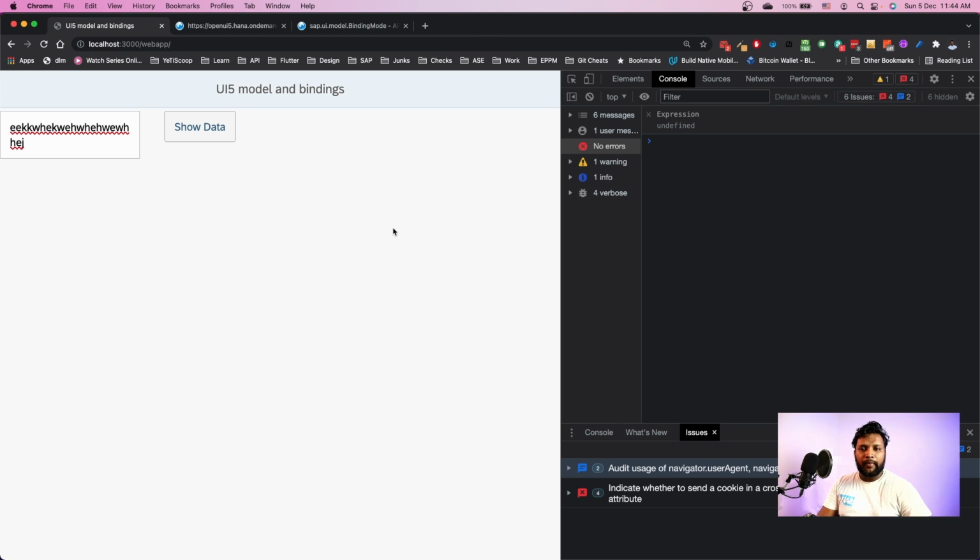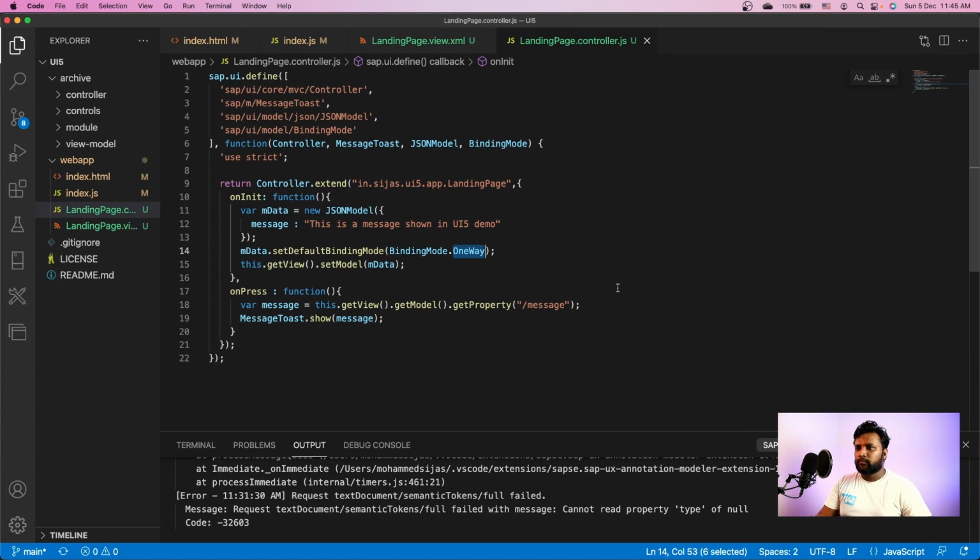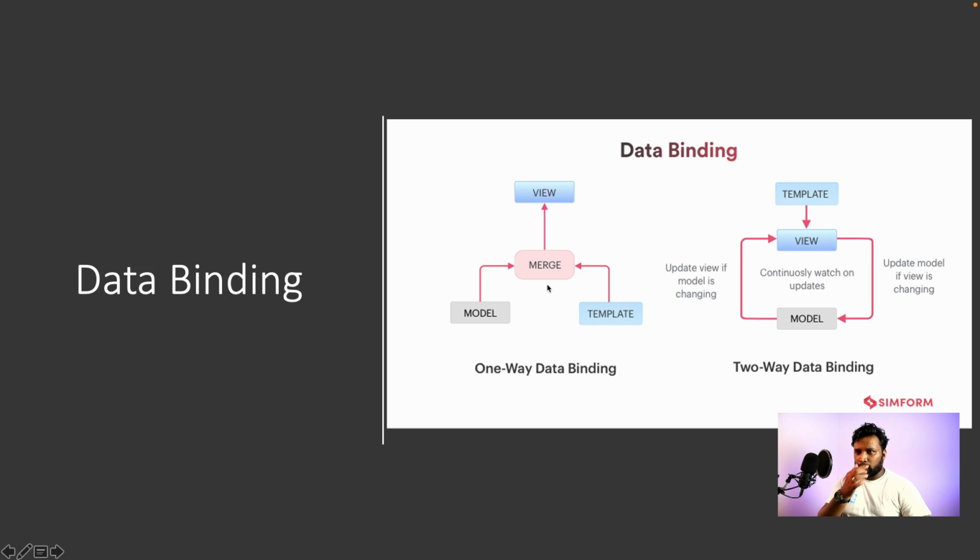Let's go back to our PPT. If you look here, we have two-way binding, which you have seen at the start, where you had some data in the model which was shown in the view. You made some changes in the view which were reflected back to the model, and we saw the change using the toast message. In the second example, you had initially some data in the model and you show that in the view, and you make any changes, there is no arrow back, which means there is no change back to the model. And that sums up our binding.